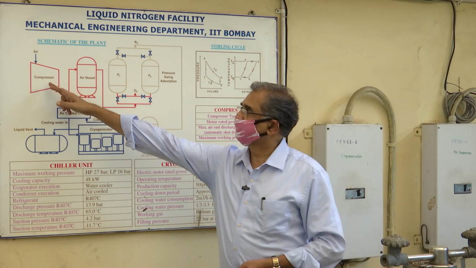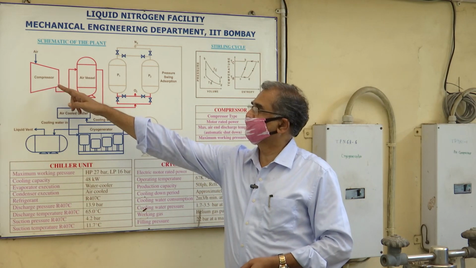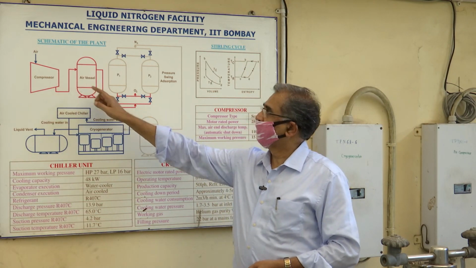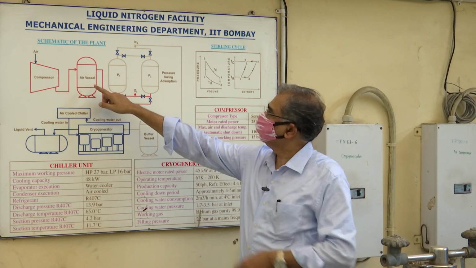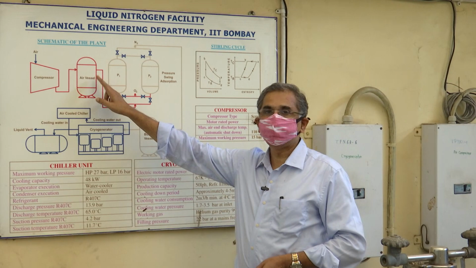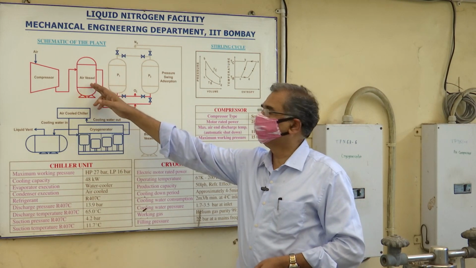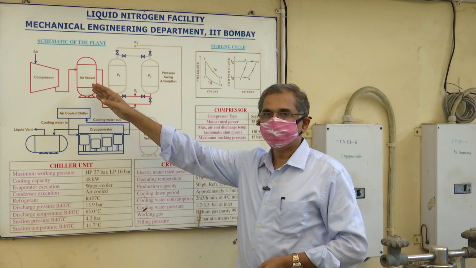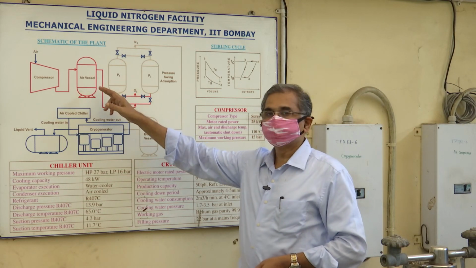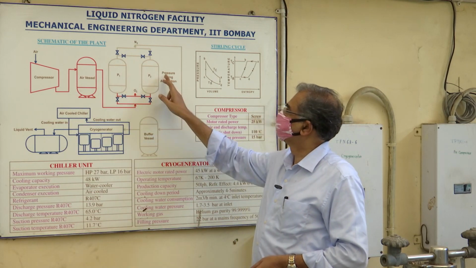Here you got a compressor, and air from atmosphere is taken to the compressor, and we compress this air to around 8 bar, and in this container we store air at 8 atmosphere. Now this air has oxygen and nitrogen and other gases like carbon dioxide, water vapor, etc. We take care of all those components, and after separating carbon dioxide and water vapor, this air comes to pressure swing adsorption unit.